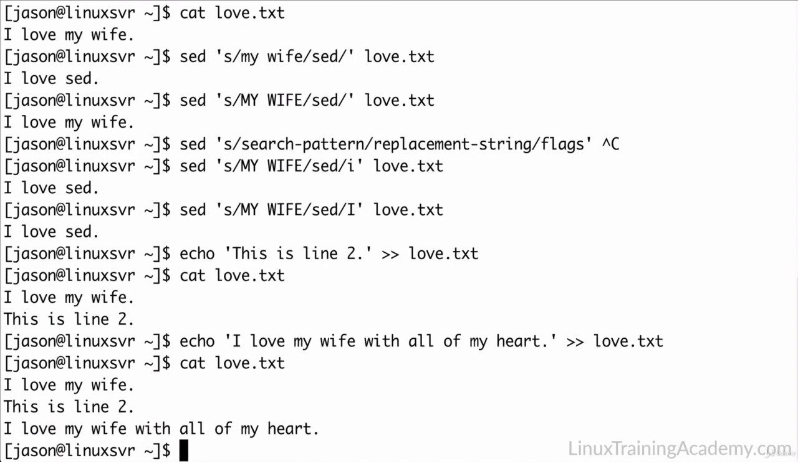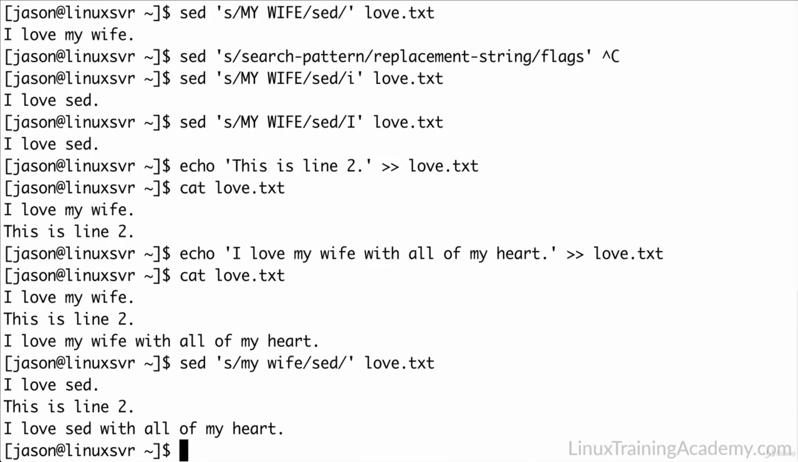Okay, there it is, love.txt with 3 lines. Now let's try the replacement command again. What happens is that sed reads one line from the file and executes the sed commands in quotes against that